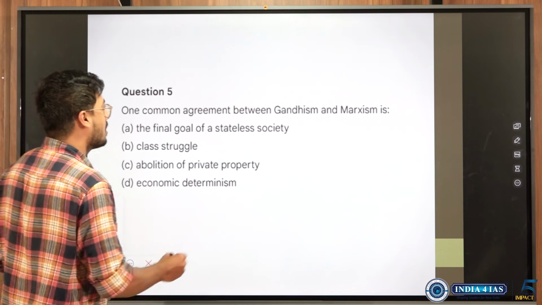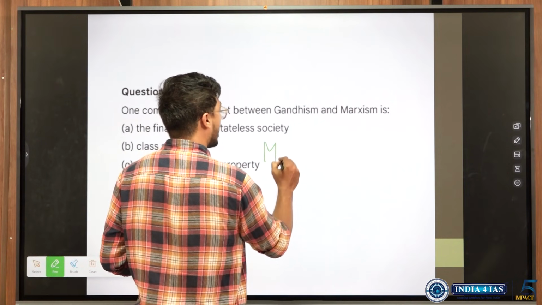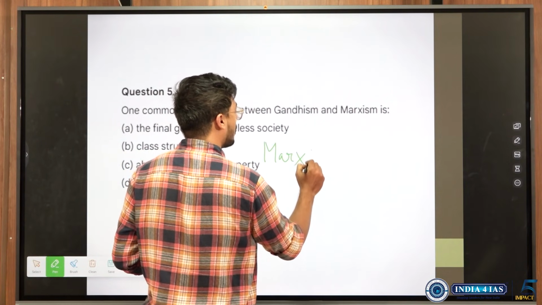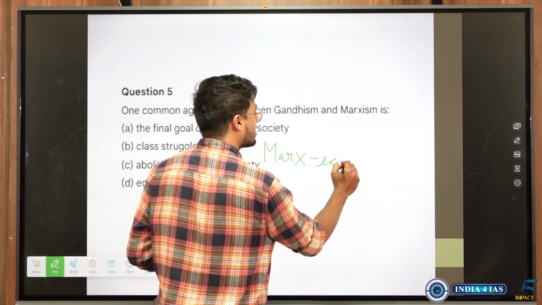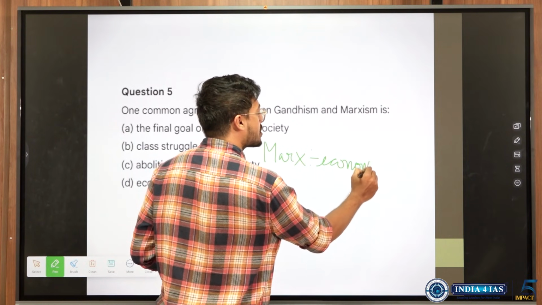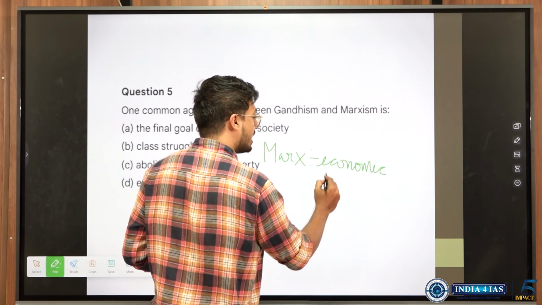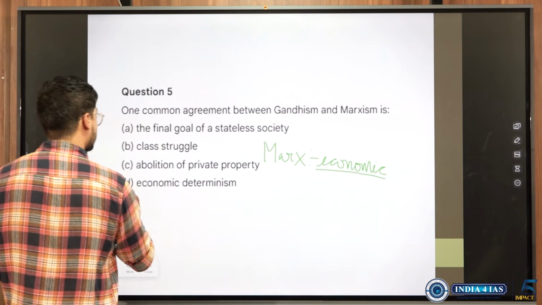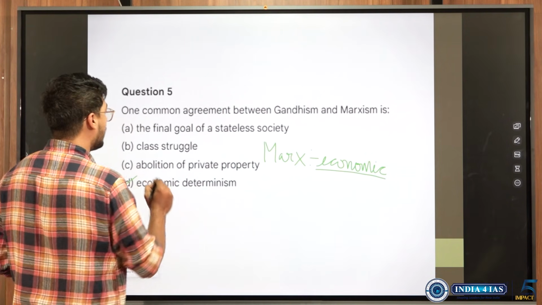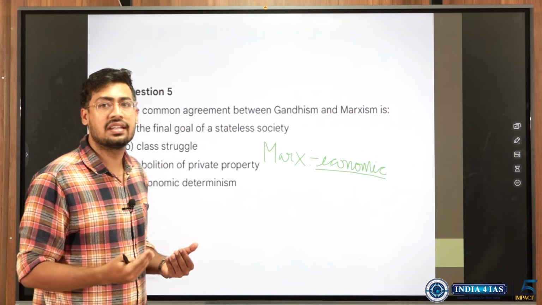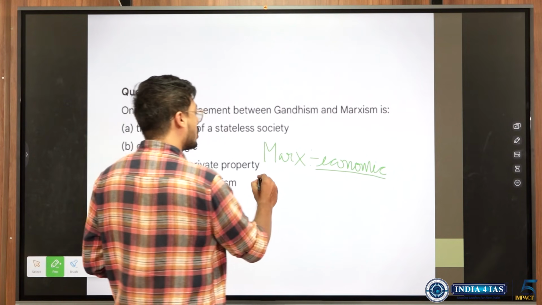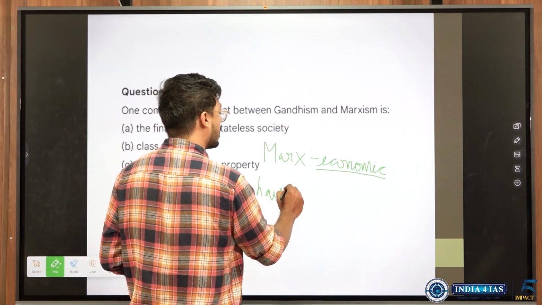Marxism theory, what is it? See, Marxism, Karl Marx's theory, he gave most importance to economic factors. He said that economic factors govern everything: family, household, occupation, type of society, all of that is decided by economic factors. This is what he said. So he said when there are economic factors, there will be inequality. So he gave two classifications, that there will be haves and have-nots.